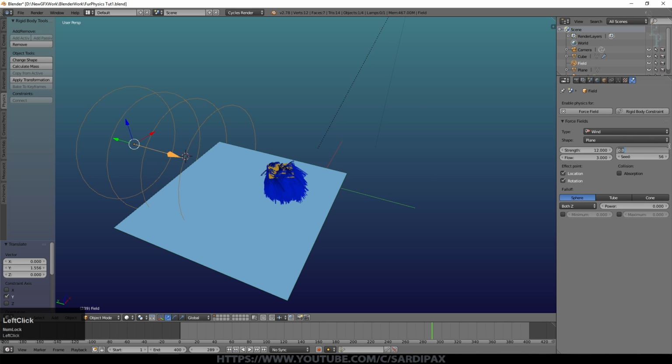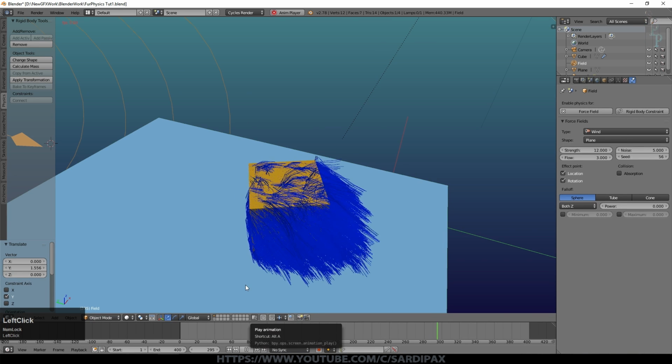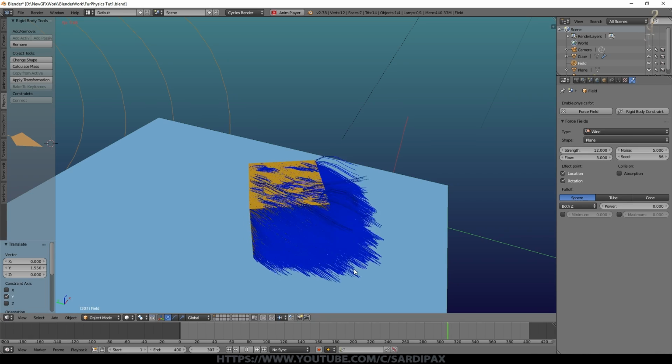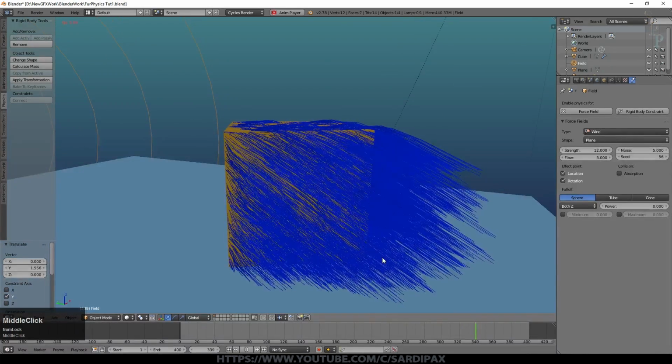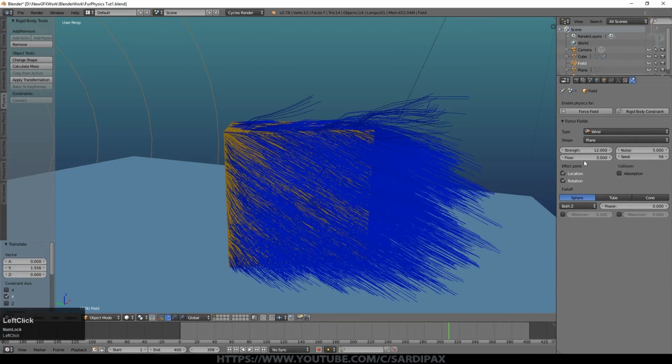And I set the noise to about 5, so that just adds some randomness to it. I didn't use any fall off, which is what this is all about. So if we let that go now, we should get a little bit more of the high frequency stuff that you might get from gusty winds. So you can see in fact the flow seems to have slowed it down quite a bit. So maybe we want to use a lower flow than that.